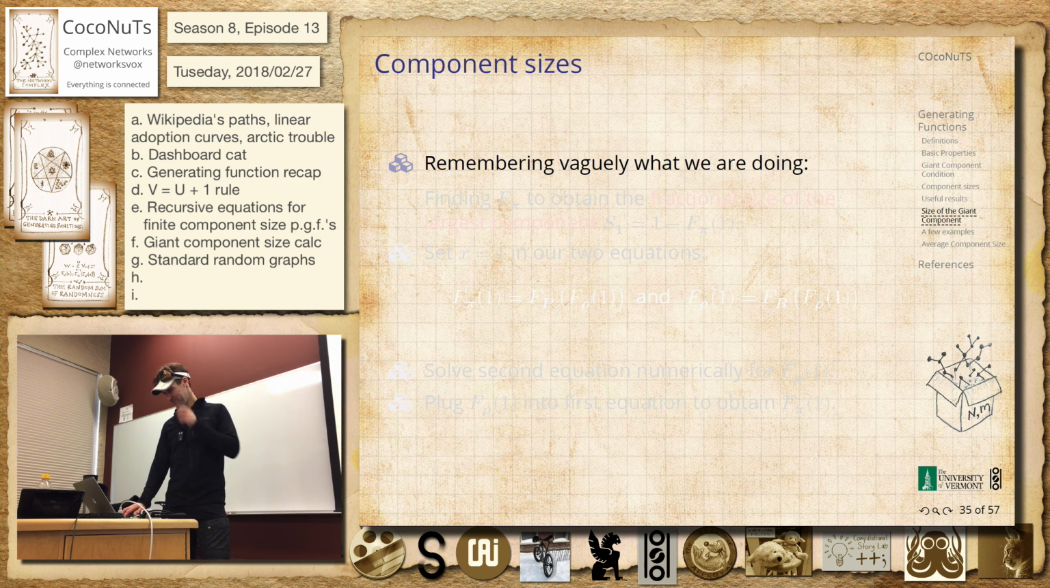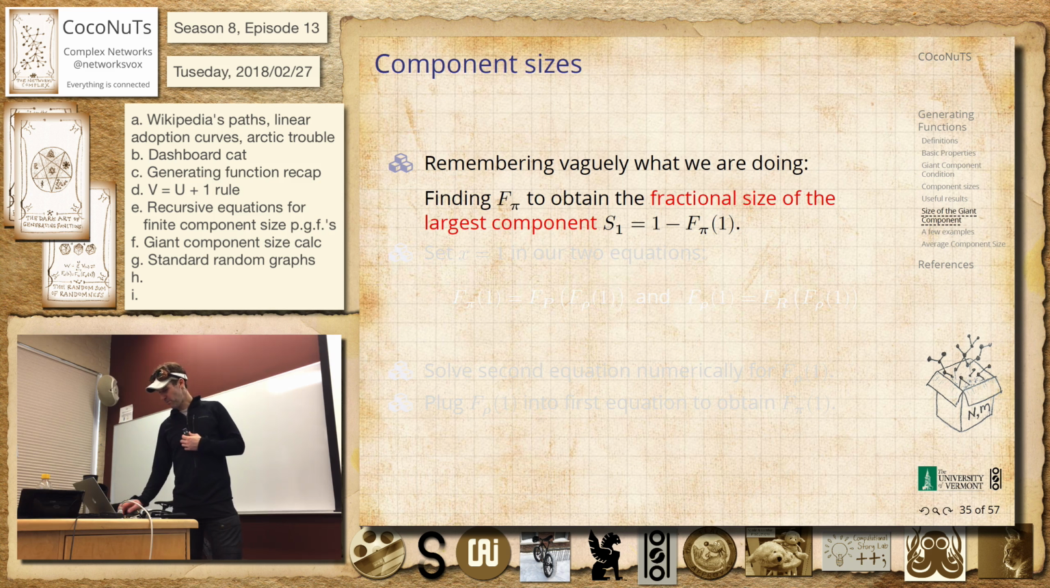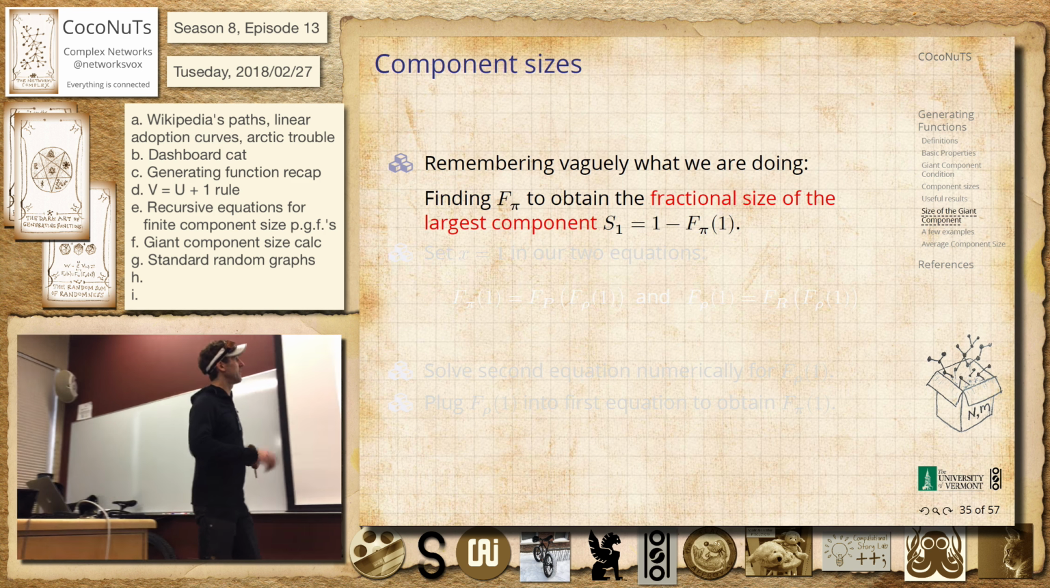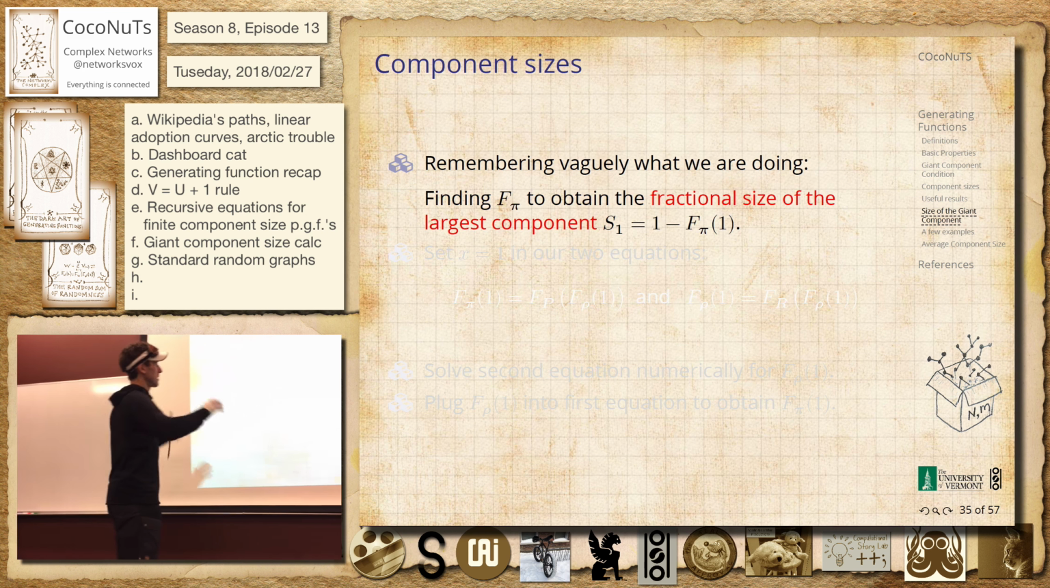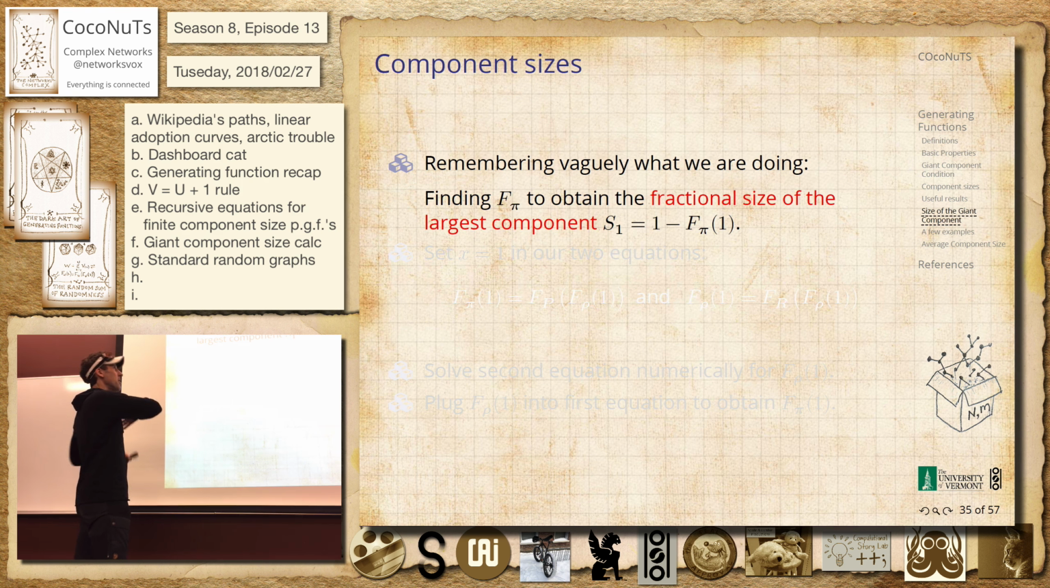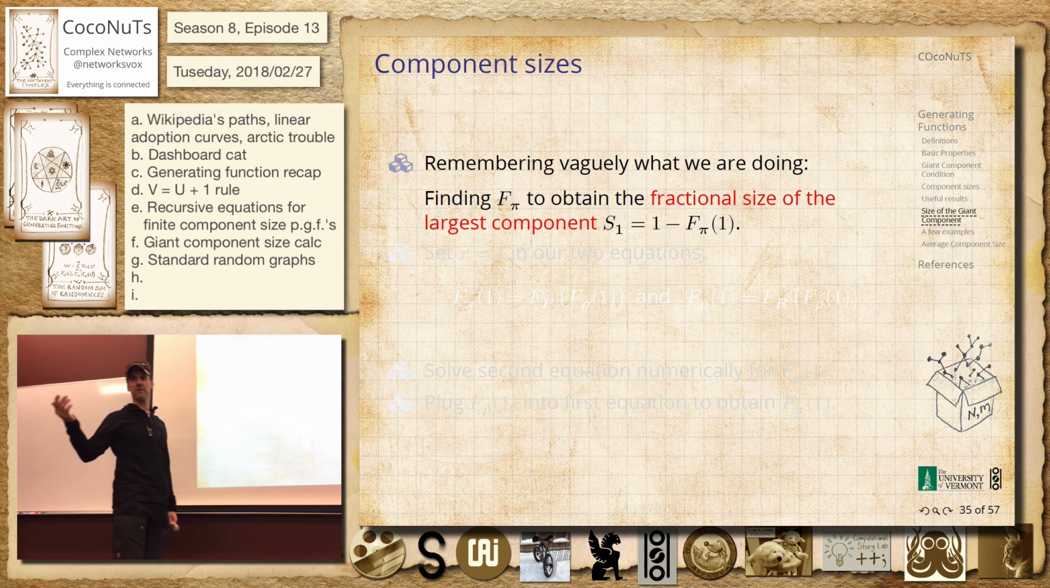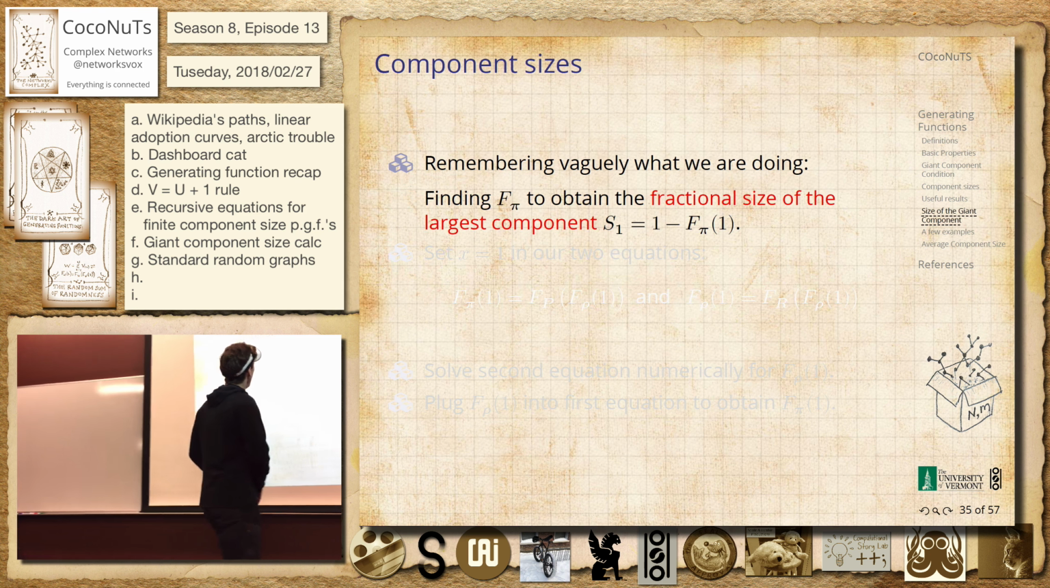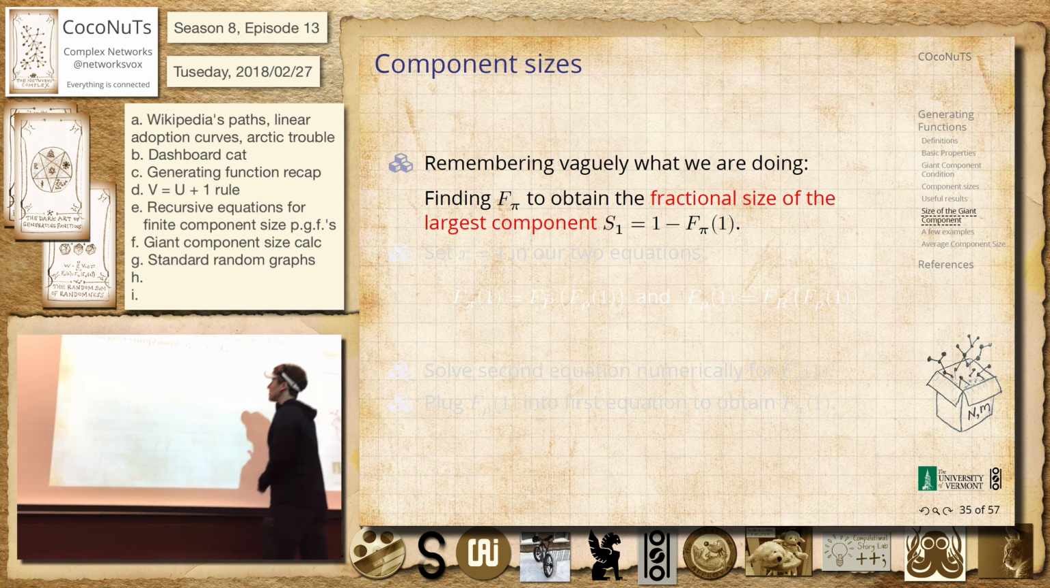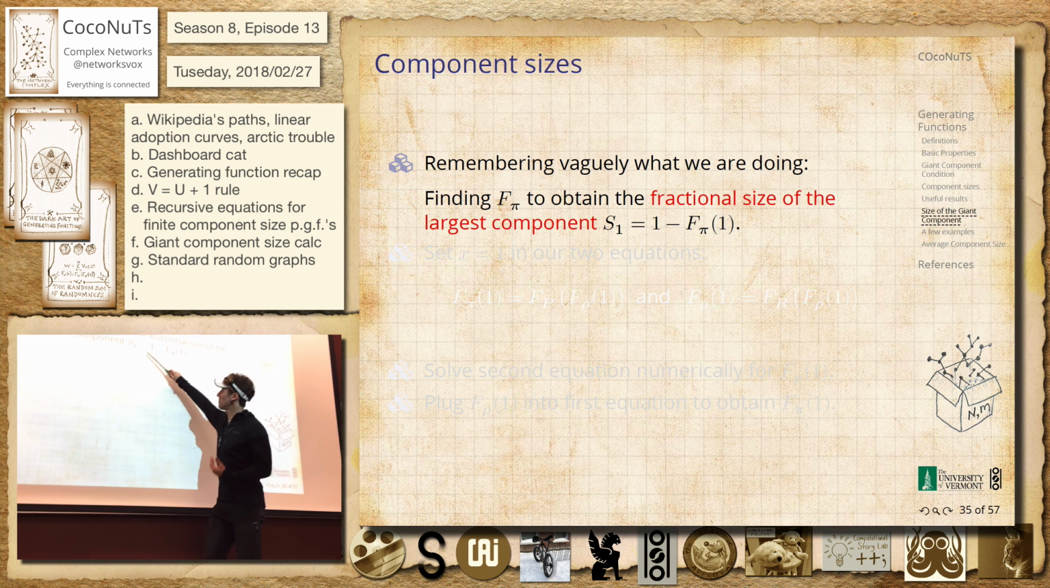All right, so what are we doing? One of the big pieces is connected to what I was just saying, which is, maybe we don't want to find the whole probability that we're in a component of size 3 or 4 or 5 or 6. Maybe we don't want to find all those things. But even so, it's still helpful to get to the really big stories, which is what's the fractional size of